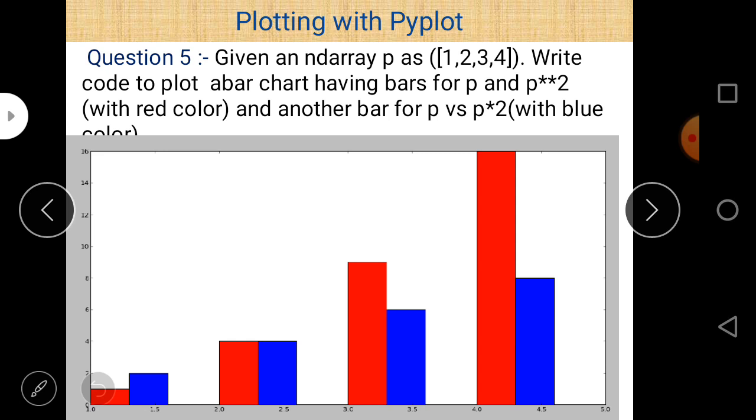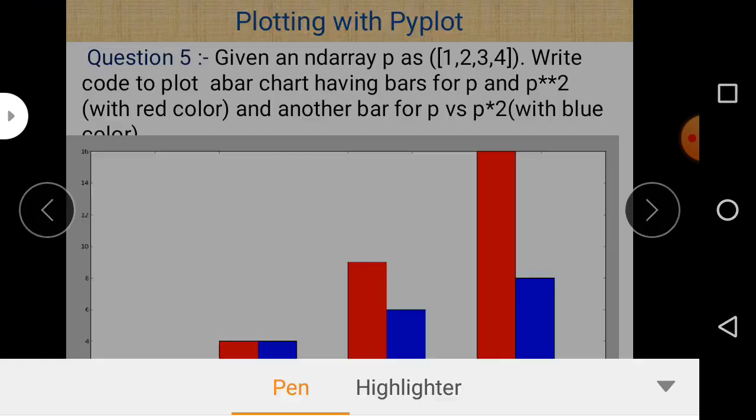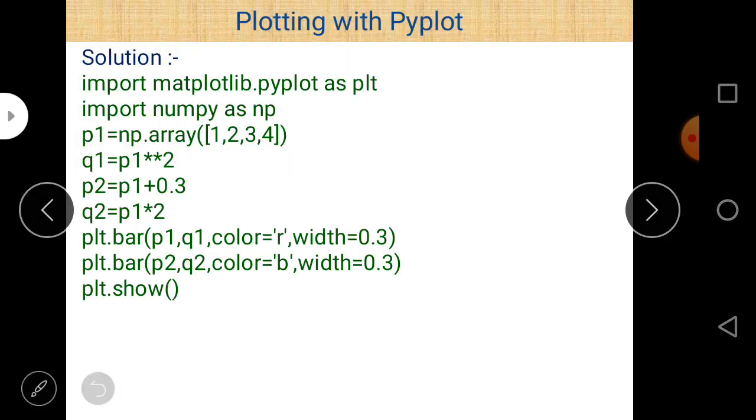Now as far as this code is concerned, let us take its code. It is the code for this question. First one is import matplotlib.pyplot as PLT. Matplotlib is a library and pyplot is a collection of different methods or functions belonging to matplotlib, or we can say that pyplot is an interface also, and the alternative name given to matplotlib.pyplot is PLT.